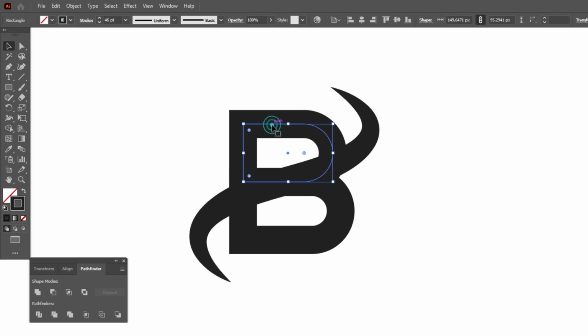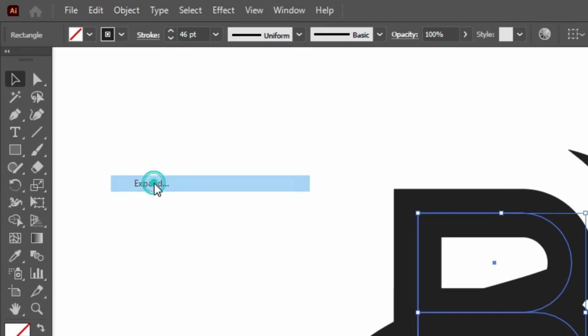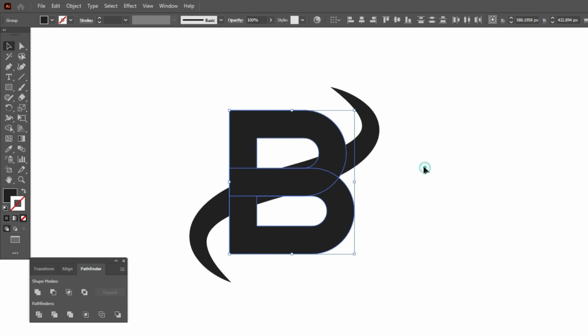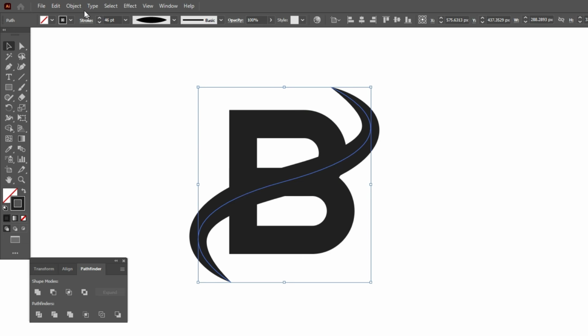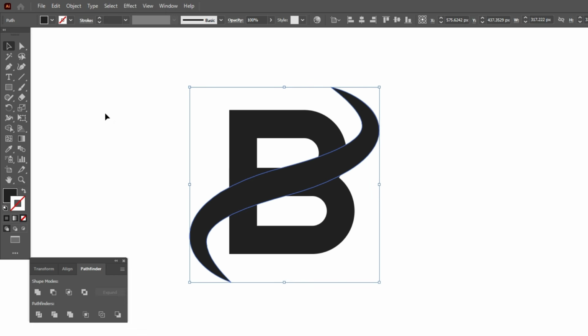Next, using the selection tool, I selected the two rectangular boxes, went to Object, clicked Expand and pressed OK. Now I selected the line, went to Object and clicked Expand Appearance. Next, I selected both lines and clicked Divide in the Pathfinder panel so that it split evenly through the curved